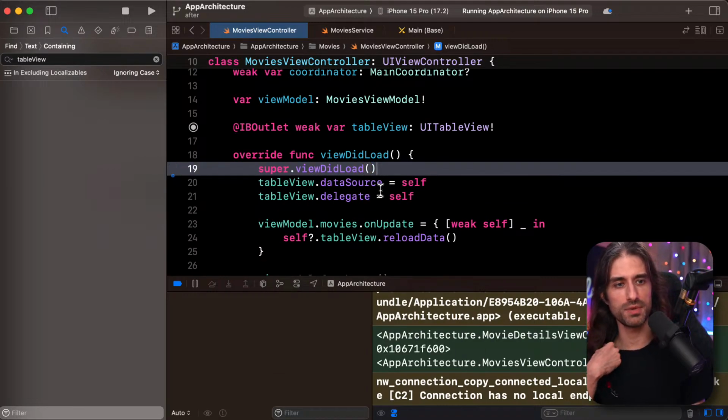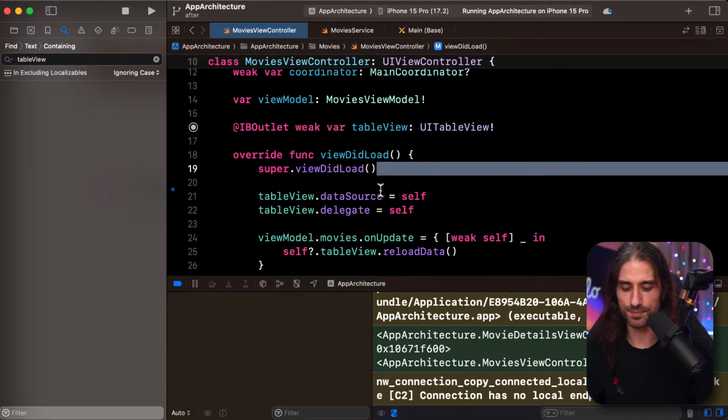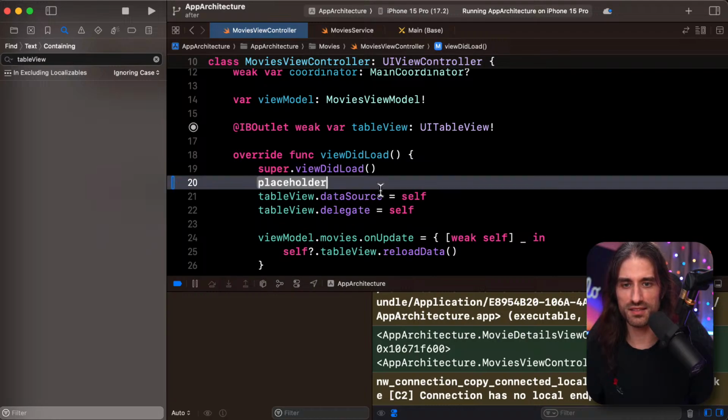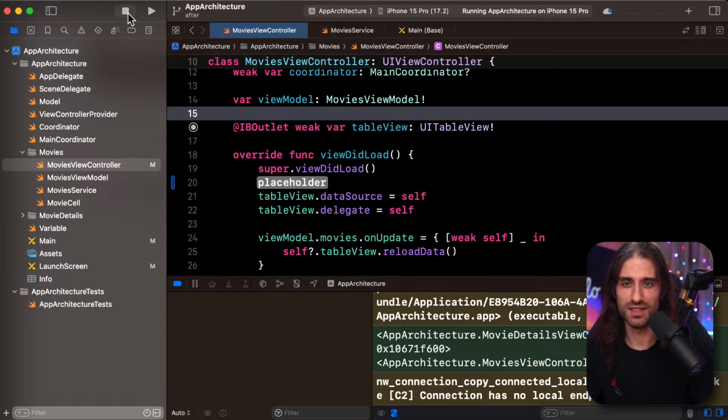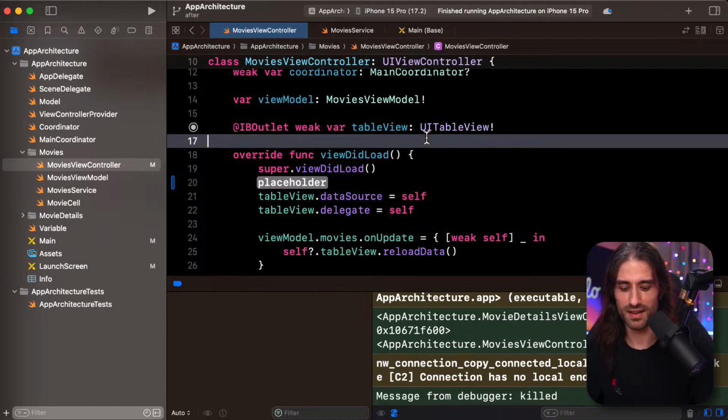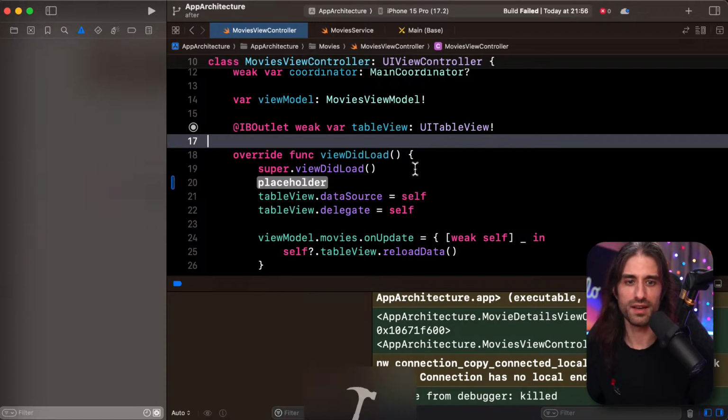I used hashtag error because I like the fact that it was very intentional and it was very obvious what you had to do. But using the placeholder is nice. And if you try to build and you still have a placeholder, let's see what happens. Normally, it shouldn't be able to build. If it does, it's gonna be weird. I'm trying to build. Okay, yeah.